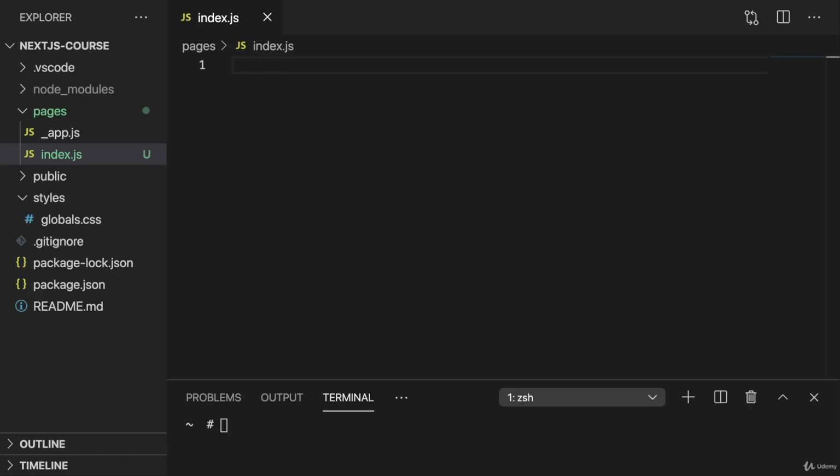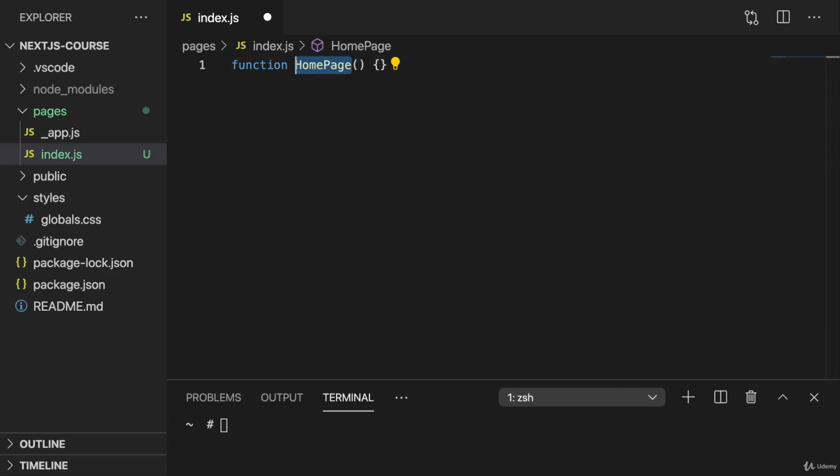So therefore, in this file, we can add a component, and we can add a class-based component or a function-based component, and I will stick to function-based components only in this course. So therefore, we can add a new component, a new function here, and name this homepage, for example. Now, the name is totally up to you. This doesn't have to be named homepage. Any name is okay. I'm just using homepage as a name here because it will be the root page loaded,